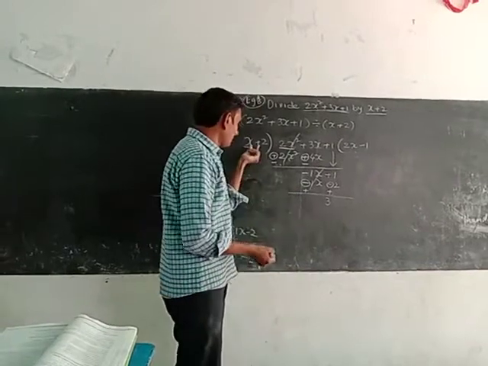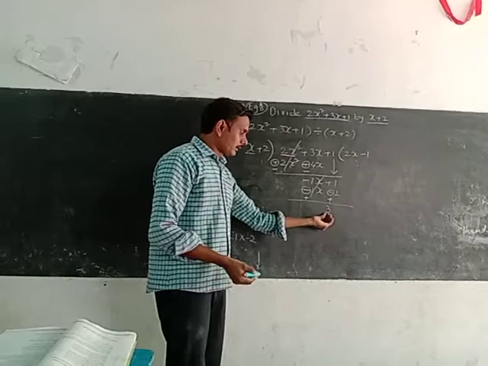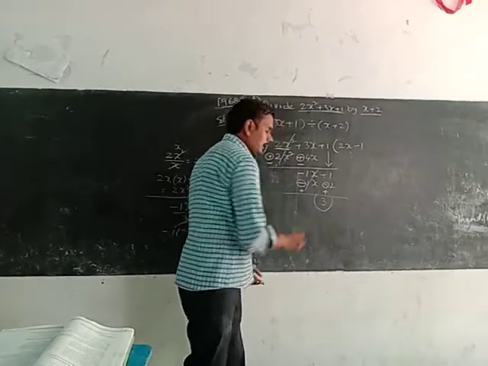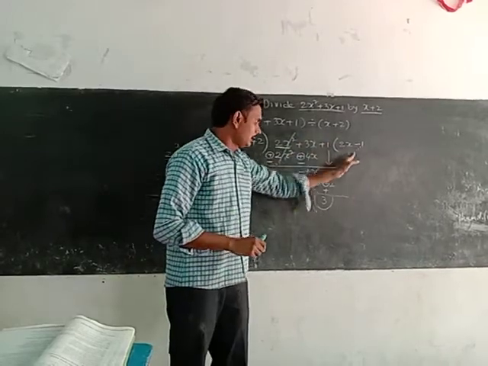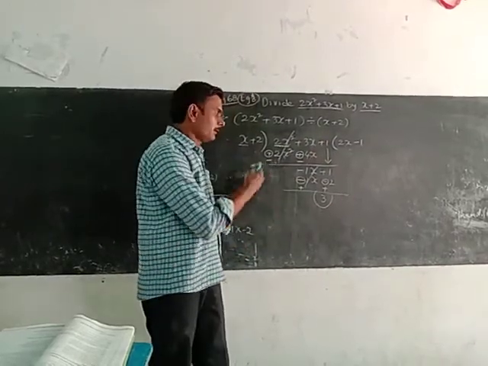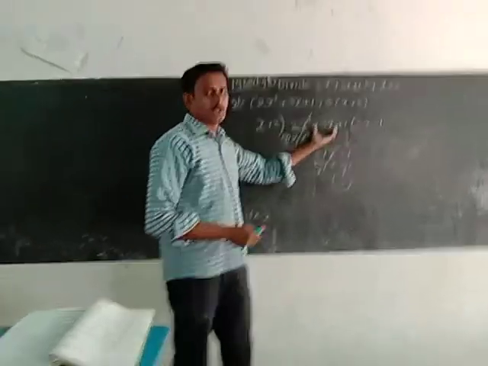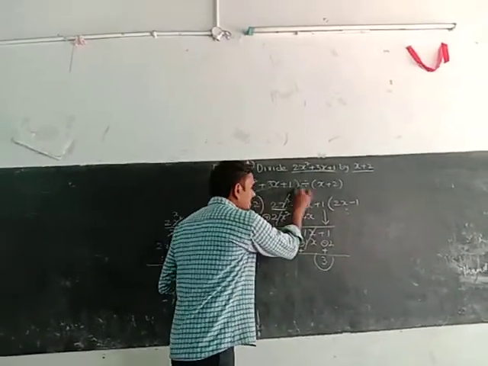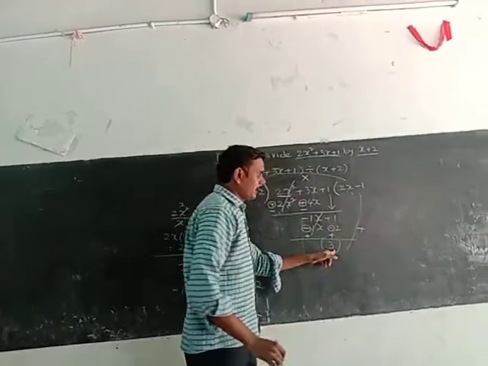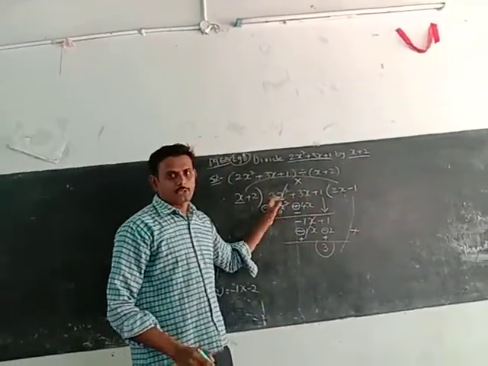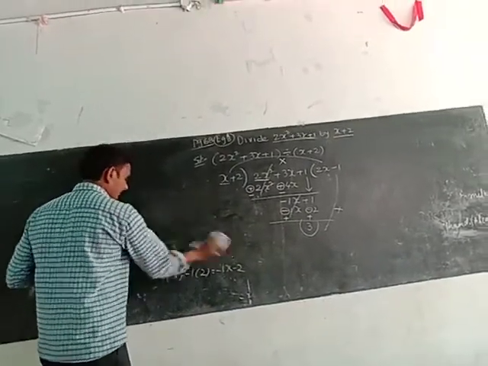No. Here 2 terms are there, then only we can do further division. Only one term is there, so no need to divide further. That means here we have the divisor, quotient, and remainder. If you apply the division algorithm, we will get the dividend. That means multiply these two and add the remainder, and we will get the dividend. Okay, we will go to the next example.